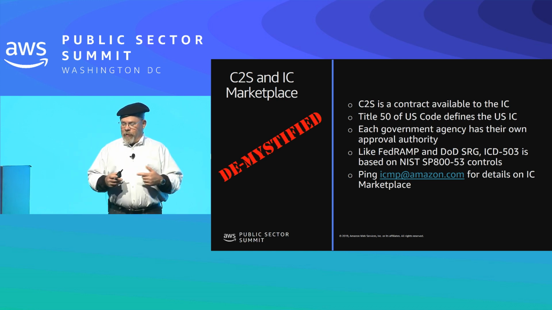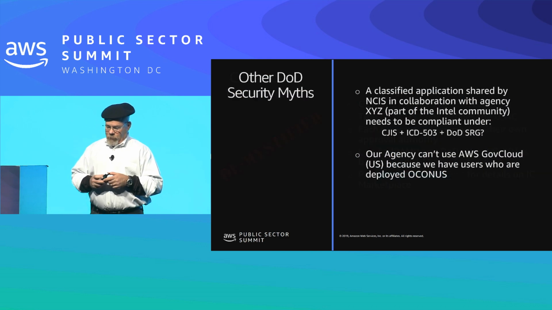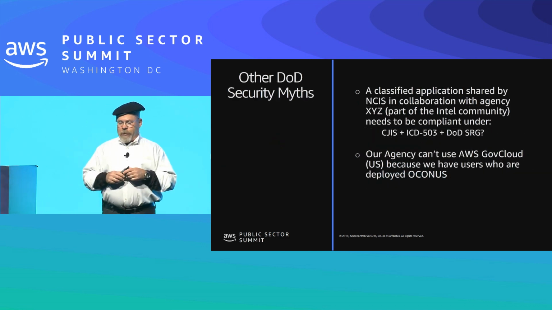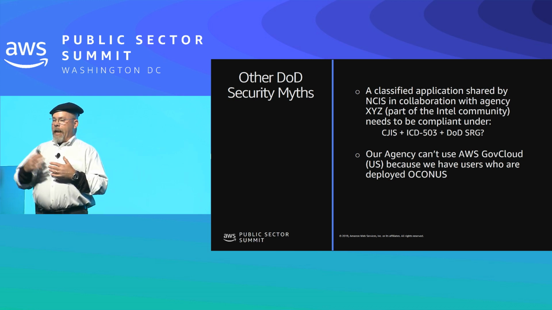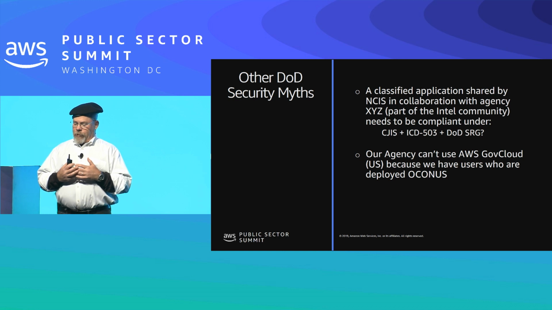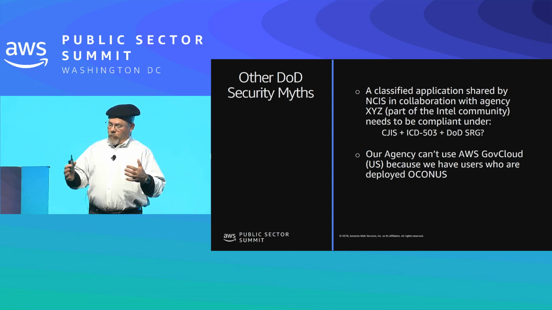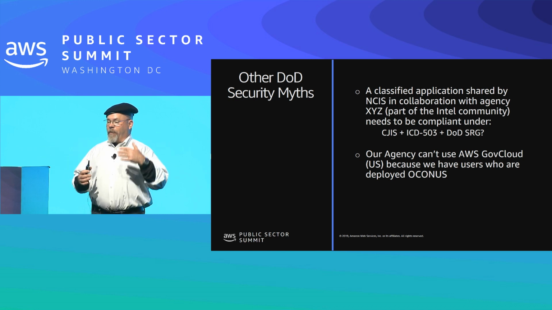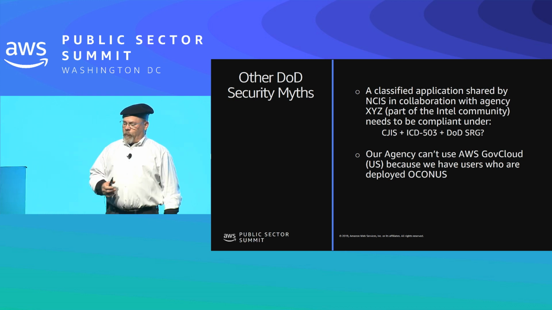Ping me, and my coworkers, if you want more details on the IC Marketplace. Okay? Just a couple other little things. A lot of these accreditation regimes cross. So if I'm an NCIS, right, and that's cool because I'm on TV, and the whole NCIS thing's working. My wife loves that show. But I'm doing classified work that's intelligence derived, right? I've got to be accredited under multiple accreditation regimes. I got CJIS I got to worry about. I got 503. I got SRG. But once again, they all fall back to the same NIST 800-53 controls.